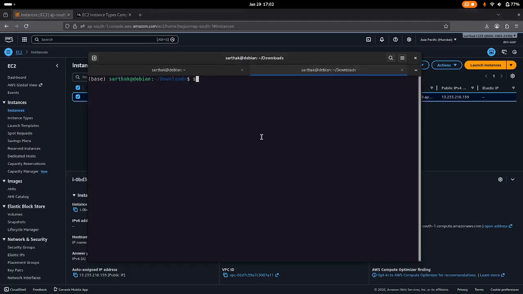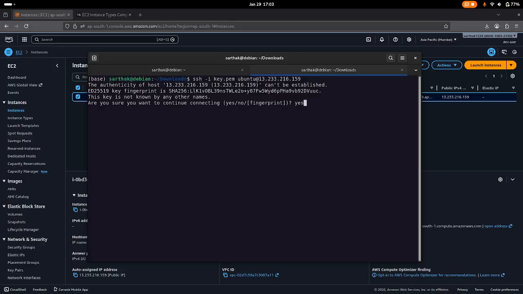Now when you have copied this, go to the terminal and type ssh -i key.pem, the key that we have downloaded, right? Then the name of our EC2 instance, not the name but the operating system, which is obviously ubuntu, and @ paste the IP address and click enter,